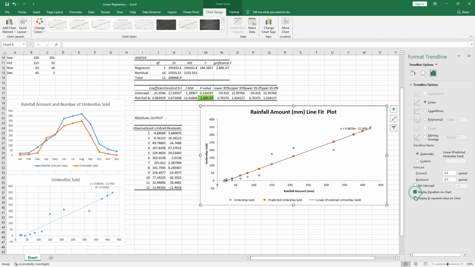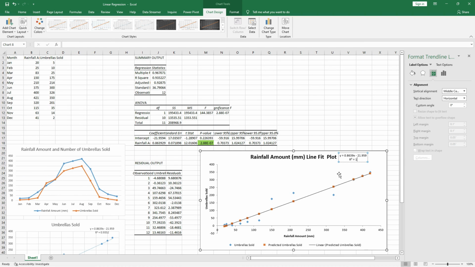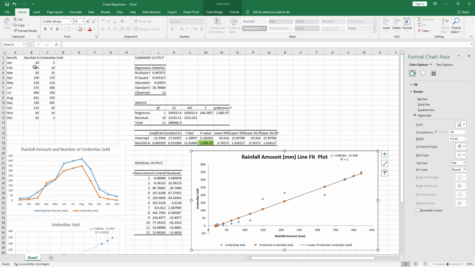Let's display the equation on the chart and also the R square value. In this case, this R square value shows as 1 because it has been rounded off to 1. Otherwise, the value is 0.9365. Now, that is a simple method of finding the linear regression in